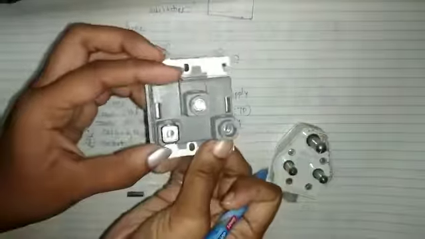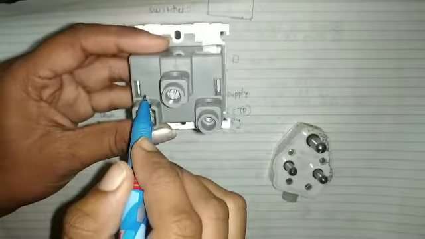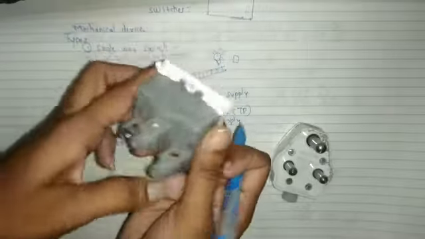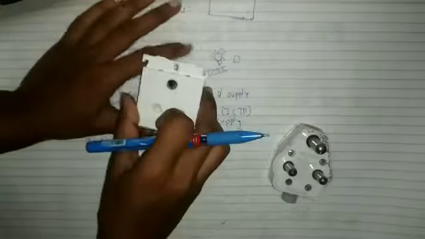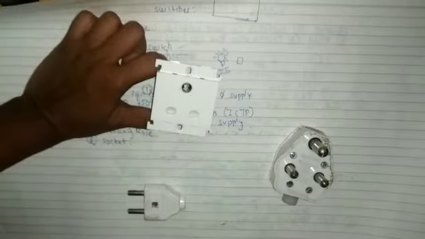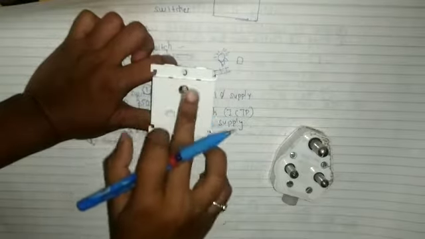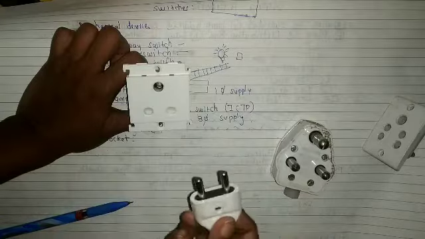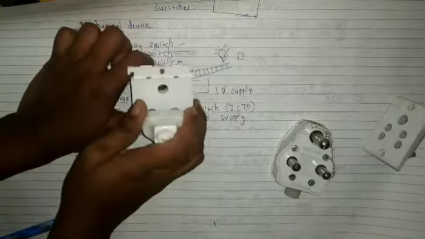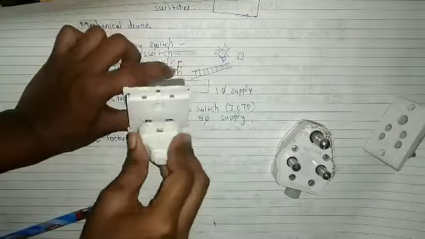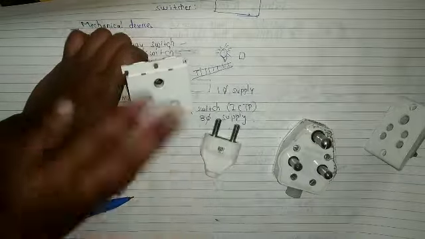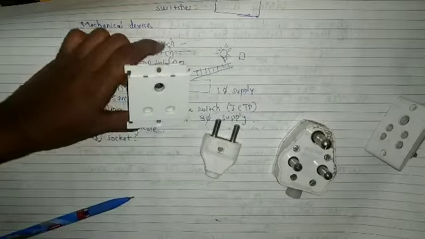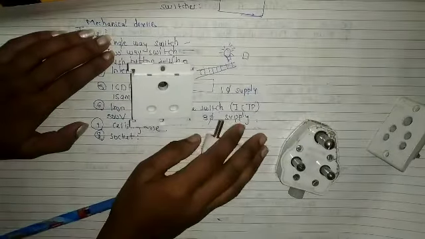Here you can see L, that is line, on the right side, and above it is for earthing. Our earthing point is large in cross section, right? 2 pin sockets are used for 5 ampere current. These 2-way sockets are used for 5 ampere currents, and power circuits use the 3 pin socket.